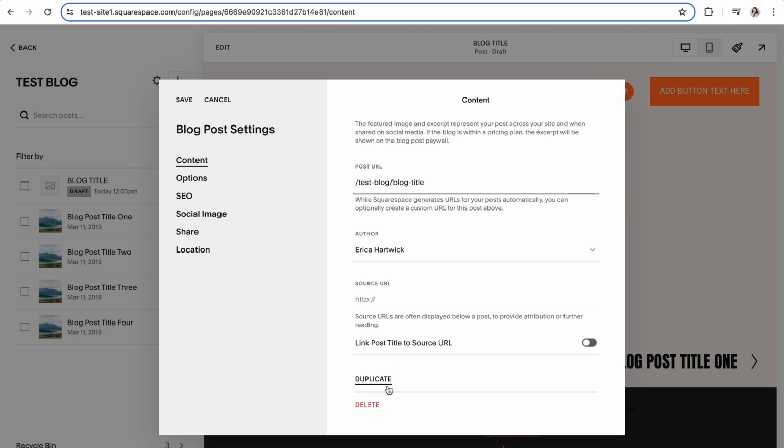completely. And the duplicate option can actually come in really handy if you want to make a blog post template, or if you just really like the layout of the post that you just created and you want to use it for another one. You can go ahead and just click duplicate and it will automatically create a copy of